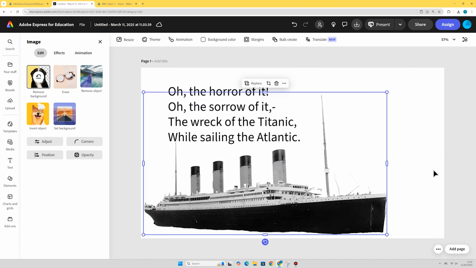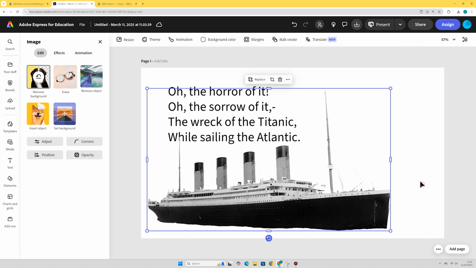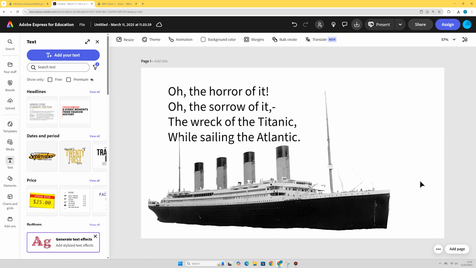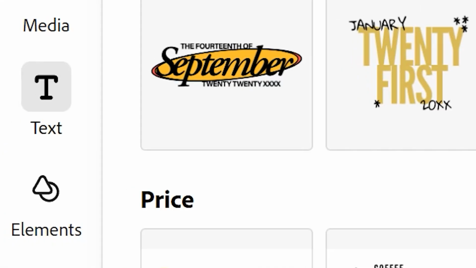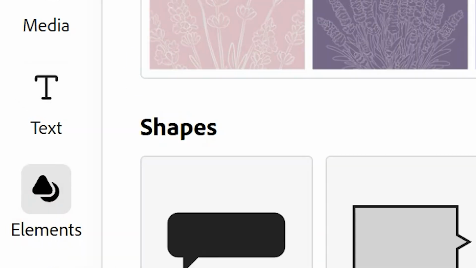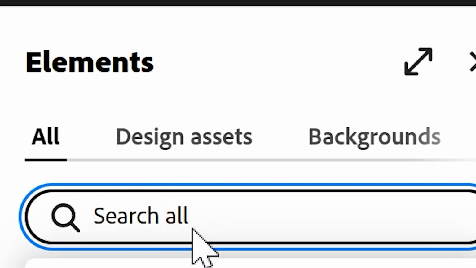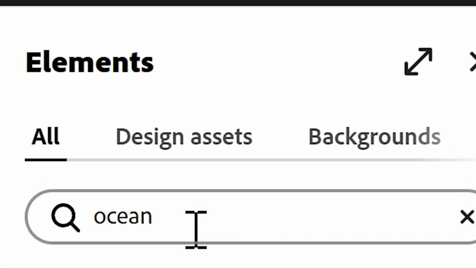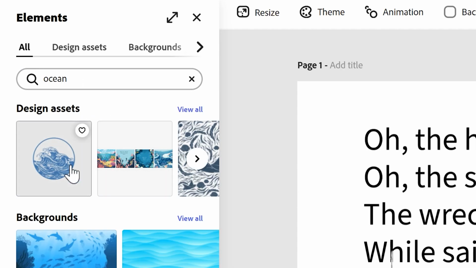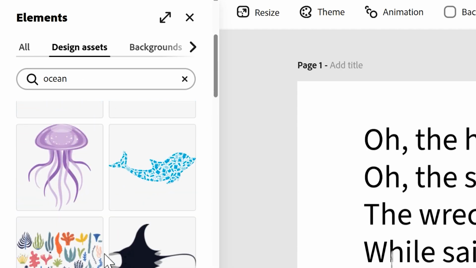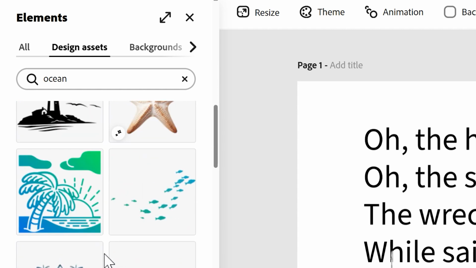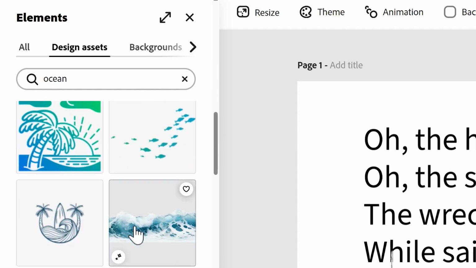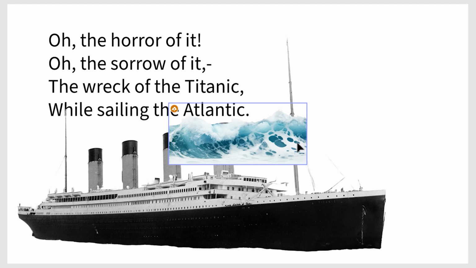So now we want to create a kind of a moody scene of the Titanic incident. So I'm going to start with, I'm just going to go to elements here and I'm going to see what I can find. I might search for ocean and see if I can get some kind of design asset maybe. So if I go to view all, have a little look down, I might find something quite suitable. This looks quite good. If I click this, here we go, it's giving me this sort of element, these waves,